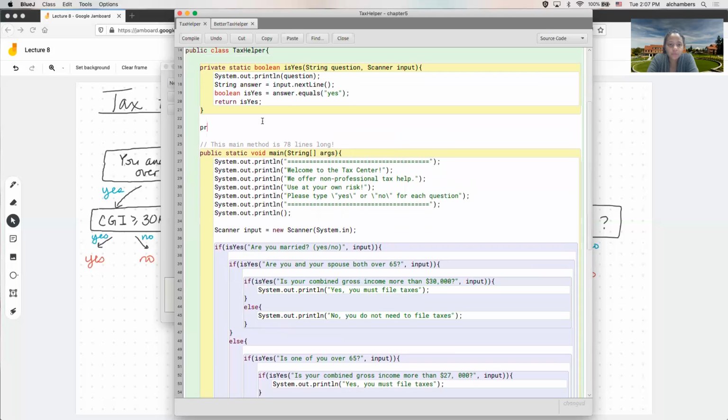So private static, this method is not gonna return anything back. It's in this method that we're doing the final decision. Yes, you must file, no, you must not. And so there's not really anything we need to return back. So this is gonna be a void. Let's call this final question. And we're gonna take in, and here you could take in an integer if you wanted to. I'm gonna take in a string,